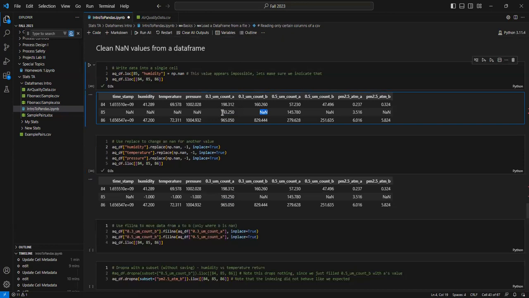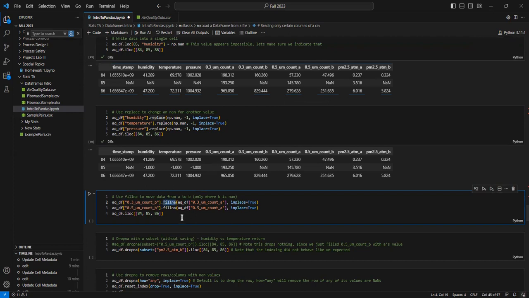So for this example, we're going to copy A's data into B, but only where B is not a number, which is a little bit tricky because we don't want to just copy all of A's values into B, or we're going to have only A's values in here. We don't want to lose this value and replace it with this one. We only want to replace these not a numbers with the corresponding A value,